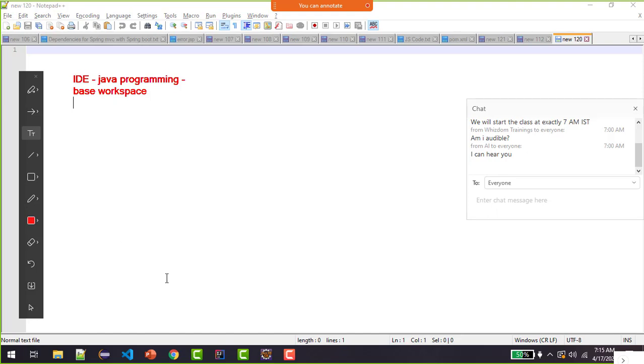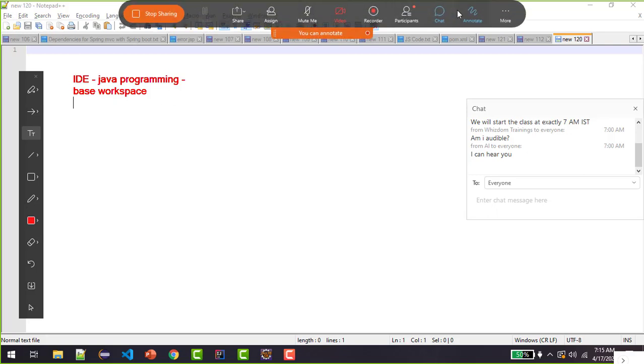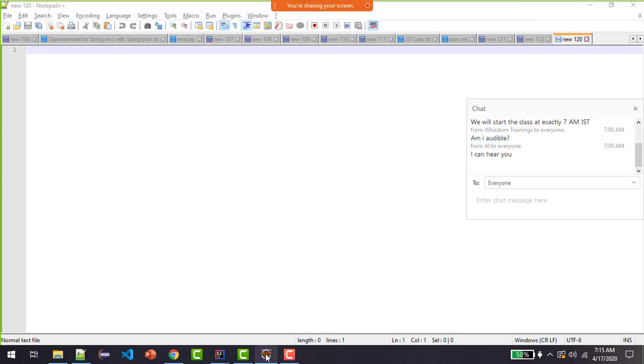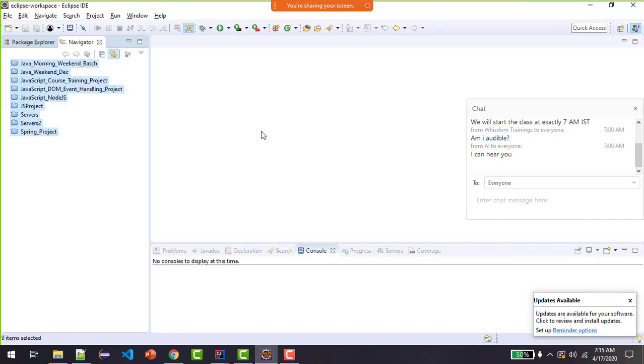So Eclipse is mostly written in Java and its primary use is to develop Java applications, right? It has got multiple plugins also, like JavaScript code can be written as part of Eclipse. Other languages also can be used as part of Eclipse.